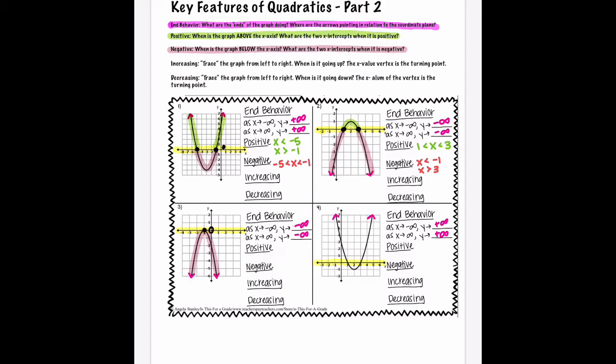Let's look at those points. So all of these are negative. So it's for all of these x values, as long as we're not on -1, because this point itself is at the y value of 0, and 0 is not positive or negative. So from -1 all the way to -infinity is when this graph is negative. So as long as x is less than -1, and when x is bigger than -1, because